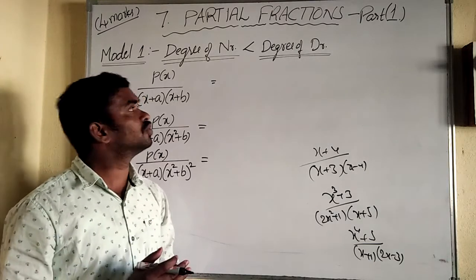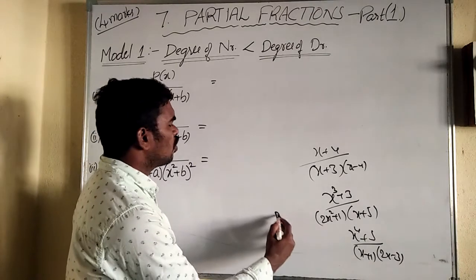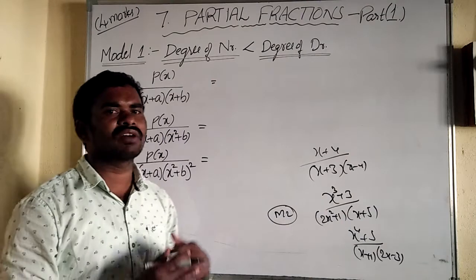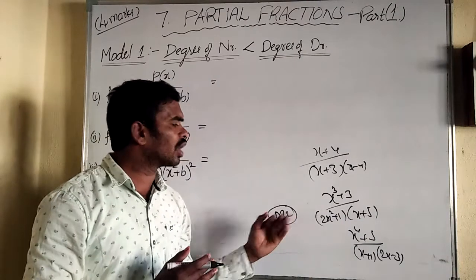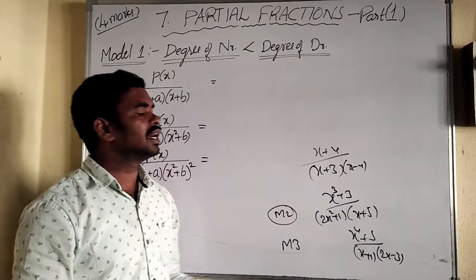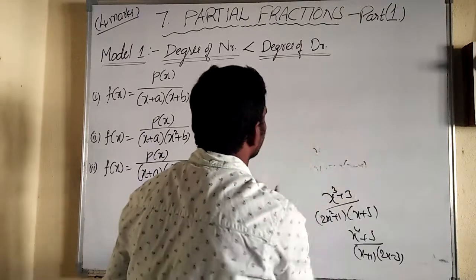Remaining is part 2. In part 2, we can discuss model 2 and model 3. In model 2, the degree of numerator and degree of denominator are the same. Those kinds of questions can be taught in model 2. And model 3 is where the degree of numerator is greater than the degree of denominator. Let us see, coming to model 1, first